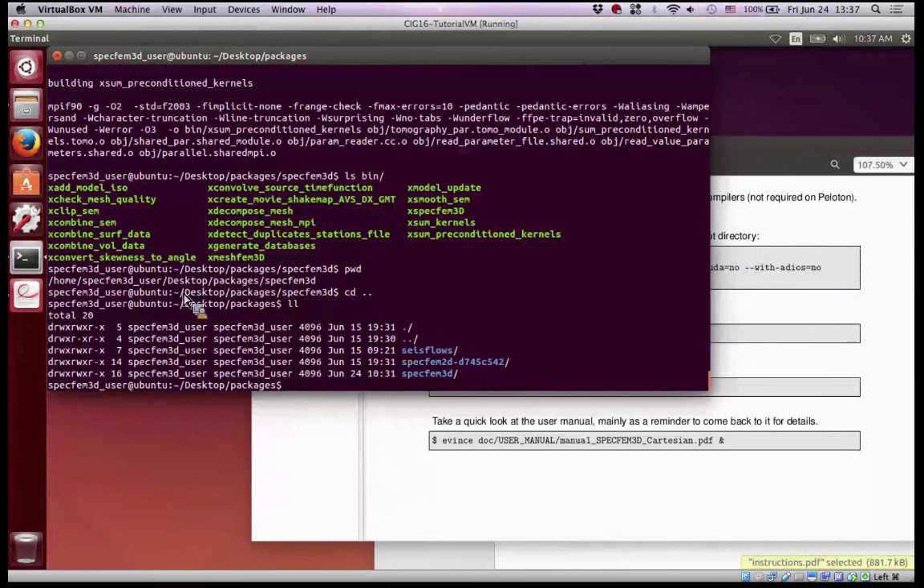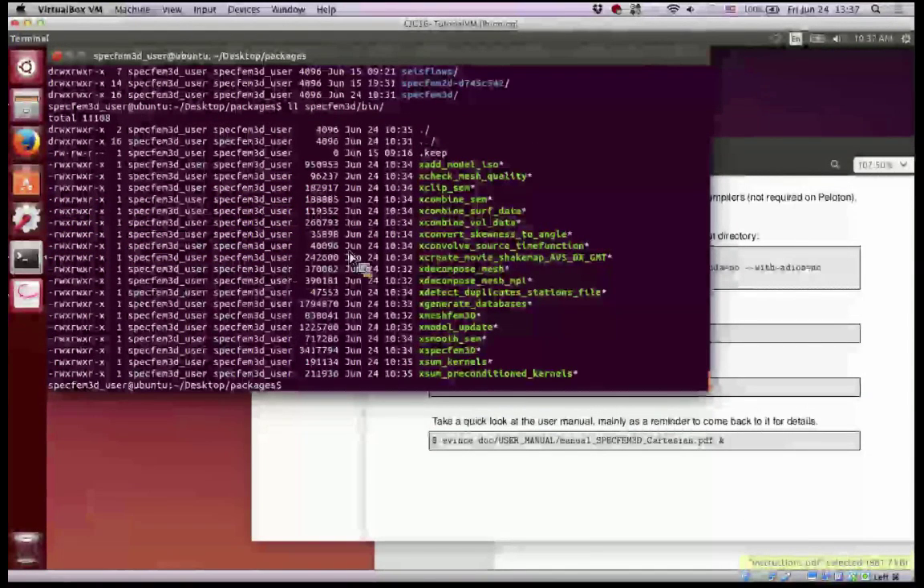create binary files inside SPECFEM3D binary. So you have these subcommands, and we will use, in the first example, xmeshfem3D to build the mesh, internal mesher. Then xgenerate_databases at step 2, and also to run the solver, this